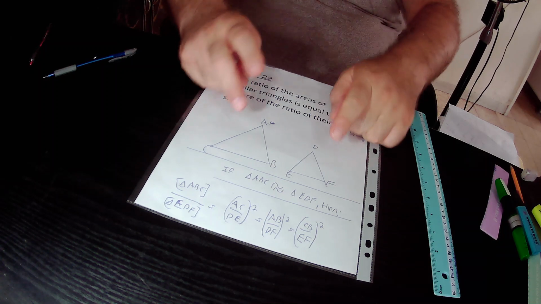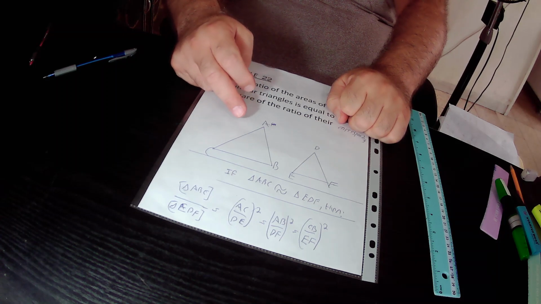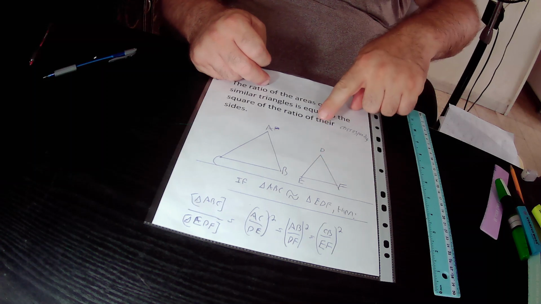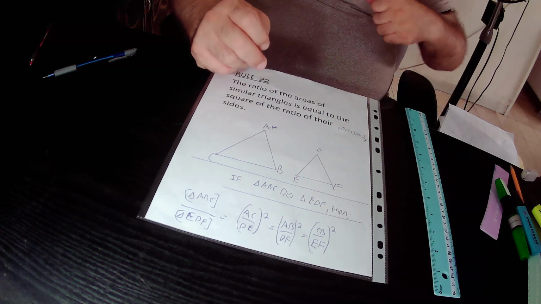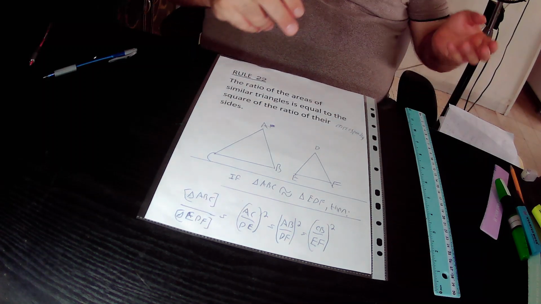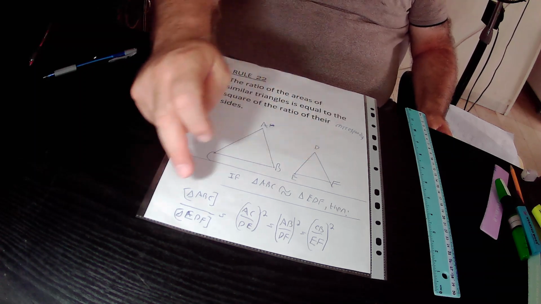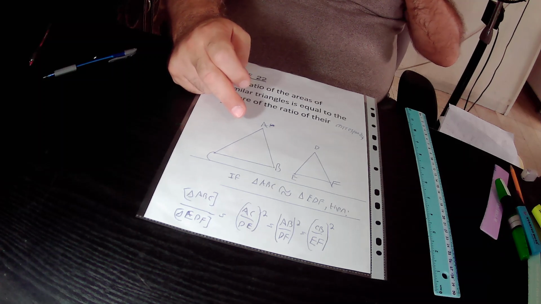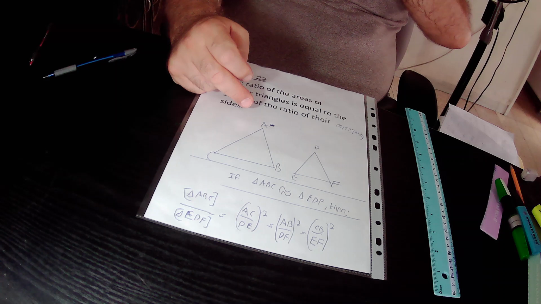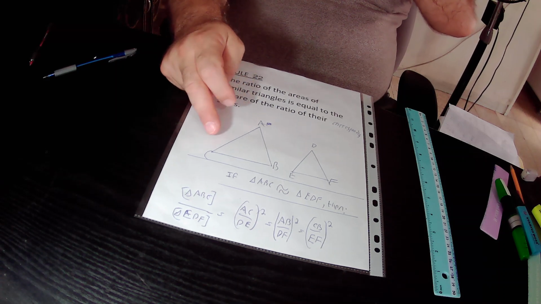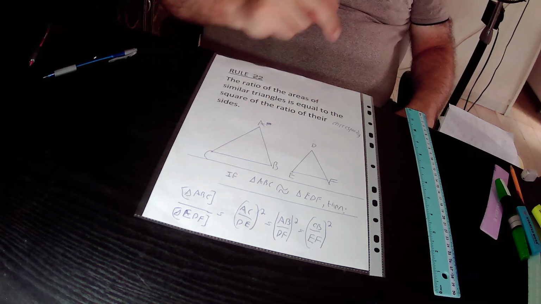In those two similar triangles, side AC is the corresponding side of side DE, side AB is the corresponding side of side DF, and side CB is the corresponding side of side EF. So the ratio between the areas of those two triangles is the area of triangle ABC over the area of triangle DEF, and it is equal to the square of the ratio of their corresponding sides. Side AC is the corresponding side of side DE, so it is AC over DE squared. Likewise,